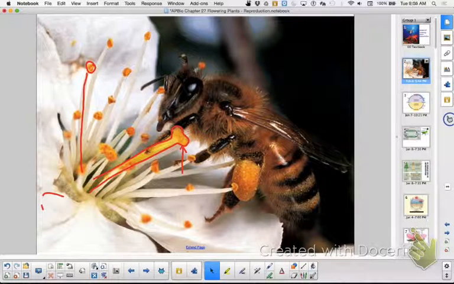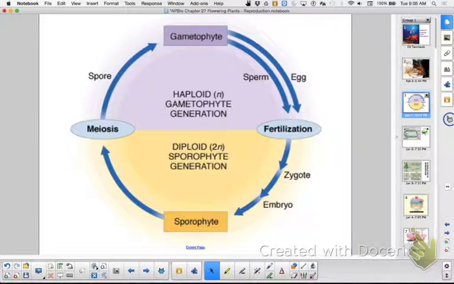Now, we have already talked about alternation of generations, so Slate, could you review that real quick, please? Okay. So we have